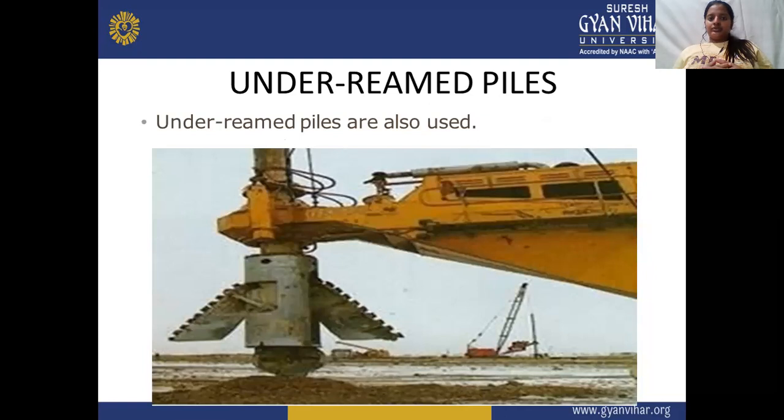So there is another way where we can do this, by under-reamed piles. This is a piling technique where the foundation is supported on piles, which are not affected by the swelling and shrinking of the soil, because the foundation directly rests on a solid floor which is free from expansion and does not have any expansive or shrinking properties, or it may be directly resting on rock strata.